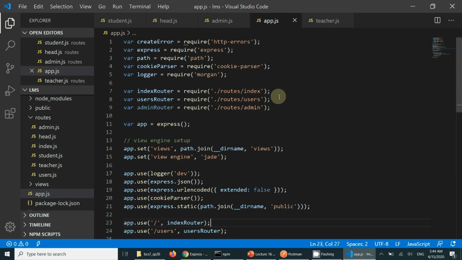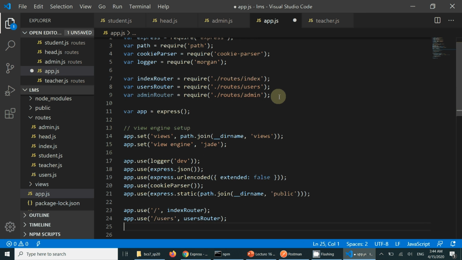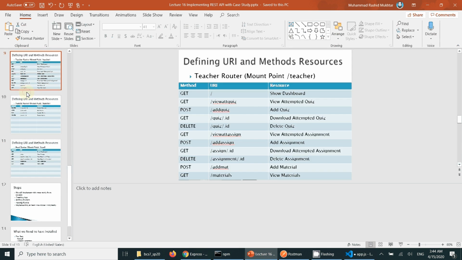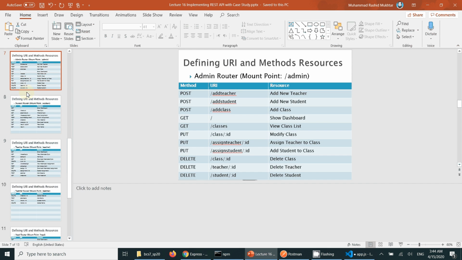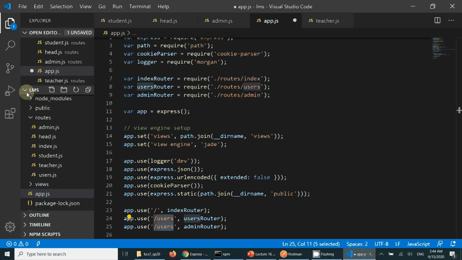Now the second step is to mount this router. To mount this router, what I need to do is write the name of the router, that is adminRouter, and we have to provide a mount point. The mount point is the path against which this specific router will be called. For example, we have defined in our slides that the admin router will be called against slash admin. So this will be our mount point. So we will define admin as our routing point, main point. So if I restart my server,